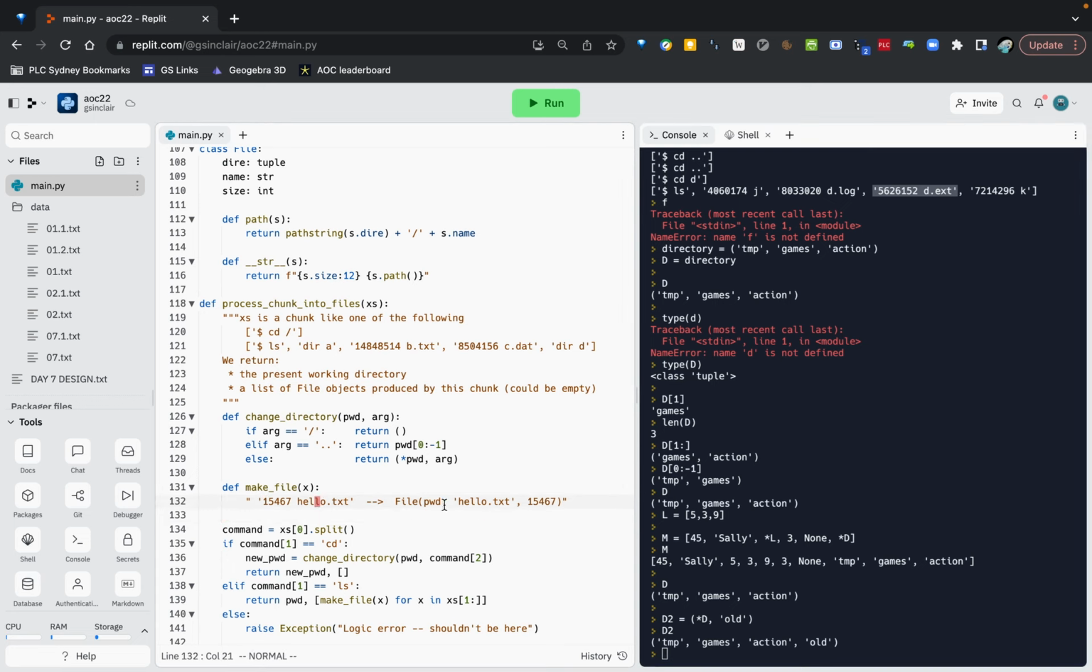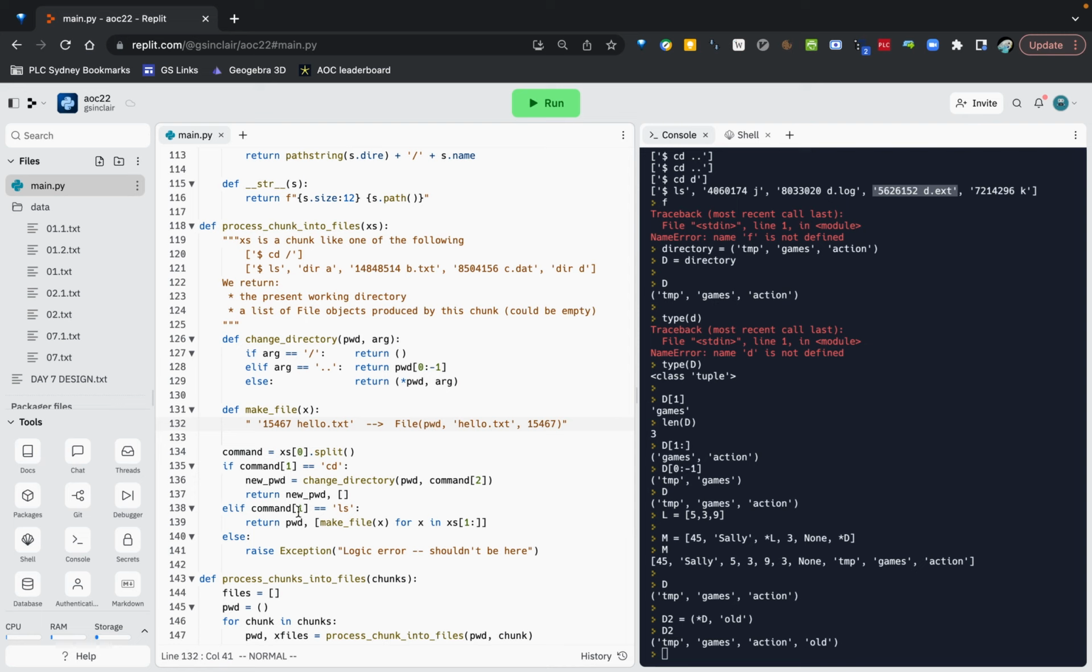Now, a file needs the directory, and we know what the present working directory is because this function is inside another function. So when we say pwd, we're actually accessing the pwd that is